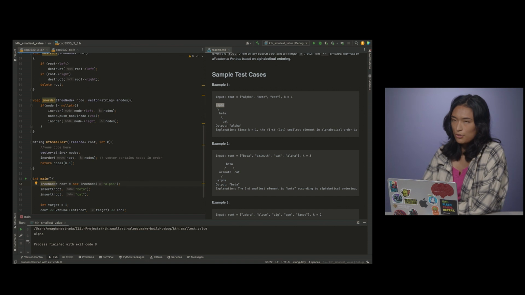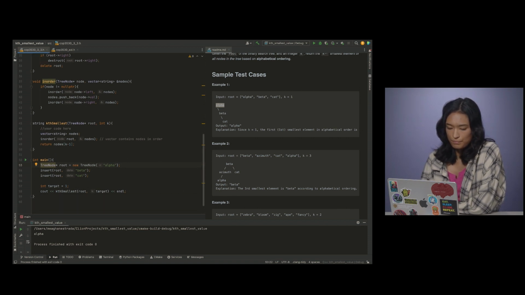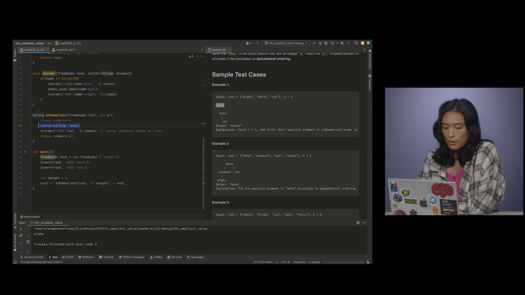Let's try and trace through example 1 to see what we've done. So in main, I have my binary search tree, alpha, beta, and cats. That's my root right here. I have my target, k is equal to 1, or target is equal to 1. I call my kth smallest function, and I pass in the root of my binary search tree and the target value, which is 1. In my kth smallest value function, I have a vector of nodes, which is empty at the moment,